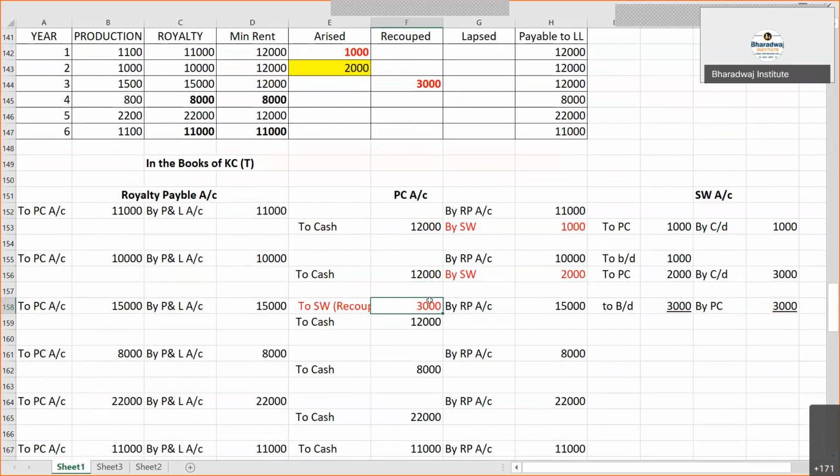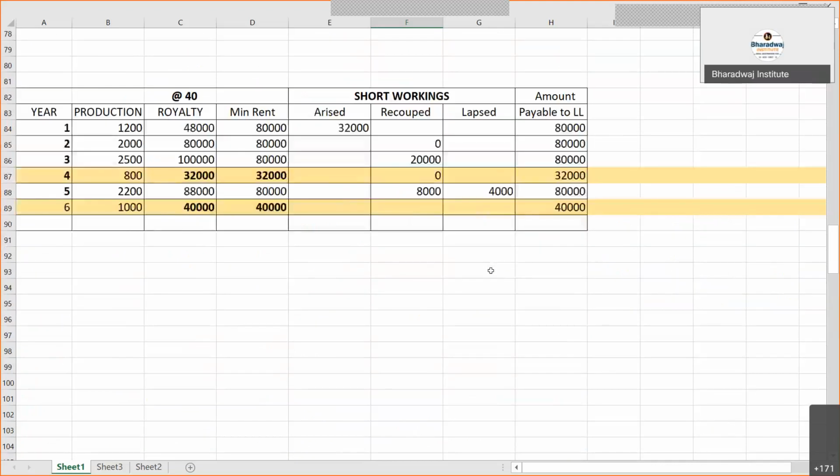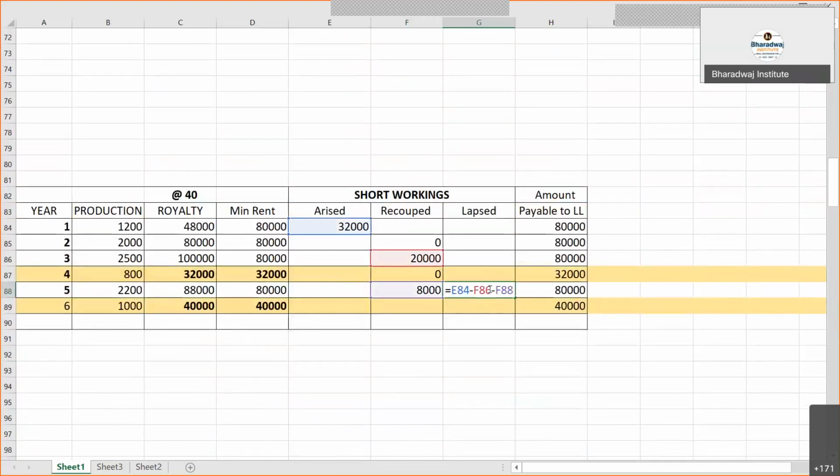Can you give me an example? For example, in the last question, the 2019 September and December paper, there was a question related to royalty. They have given the cash subsidy, 50% of something. I don't know the exact question.